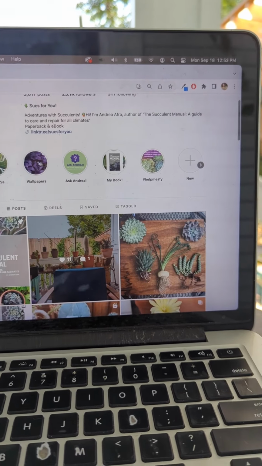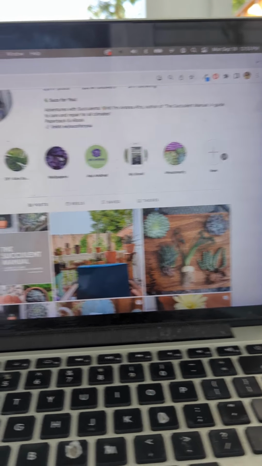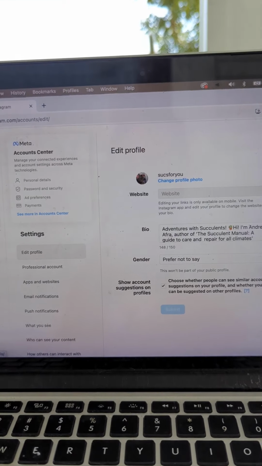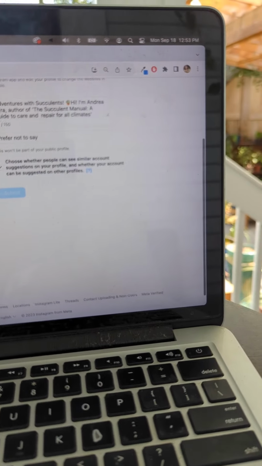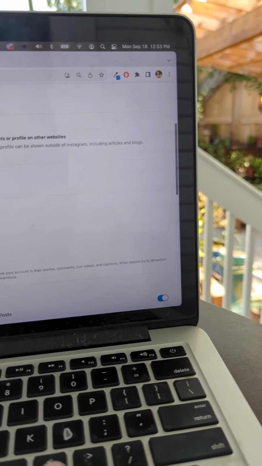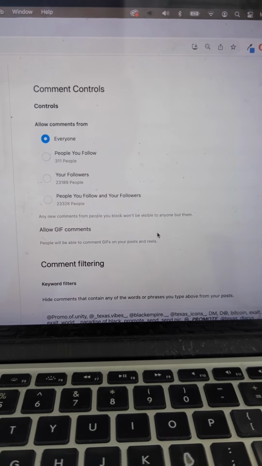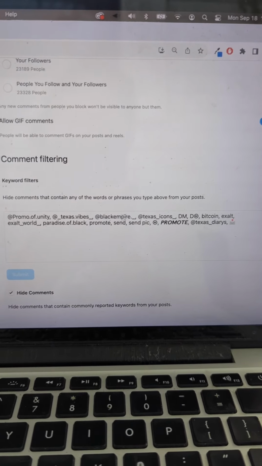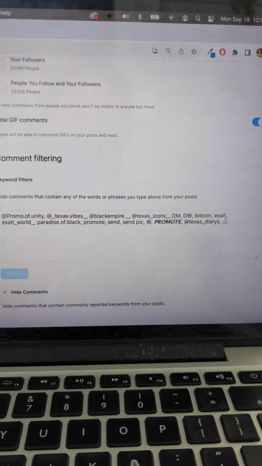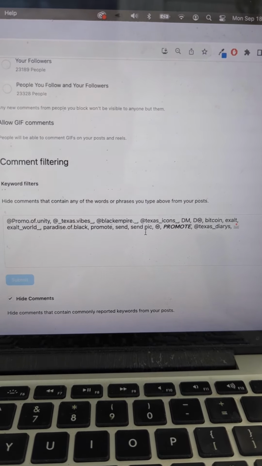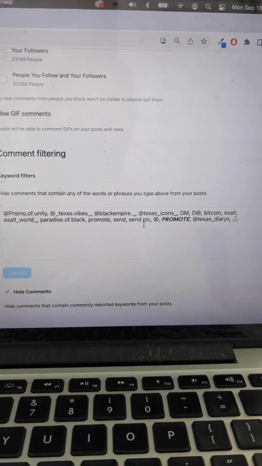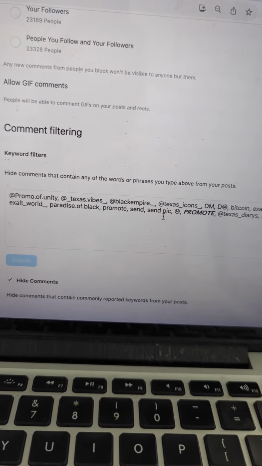And I'm going to go back to my words real quick so you can maybe pause it and just copy them, the ones that have been targeting me. And they'll change because I'm in Texas. I get a lot of this Texas vibes, promote to Texas icons. So you'll probably get stuff from like California, Arizona, wherever you're from. But I hope that helps you guys.